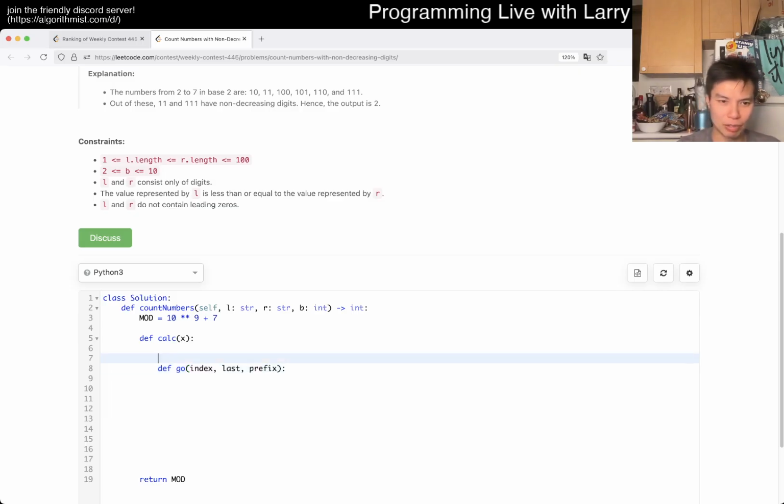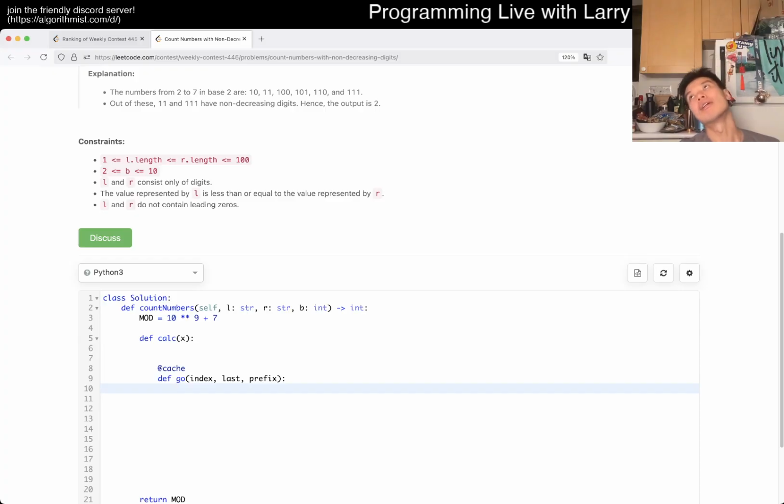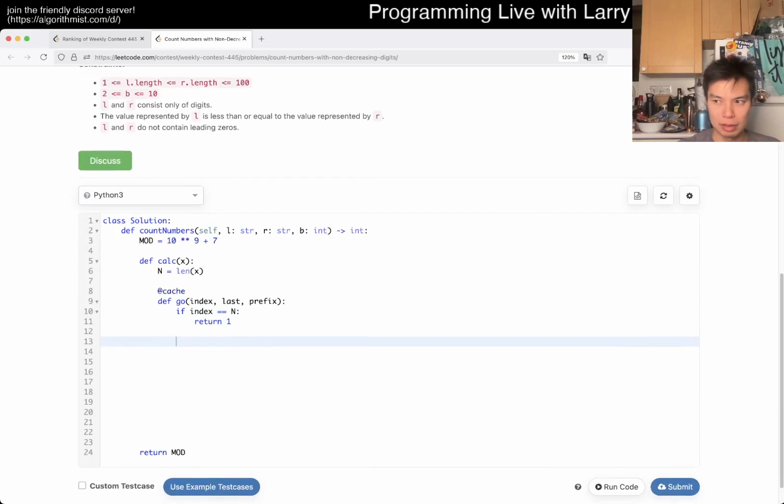I generally write these down very, I don't really. Is that it? I guess maybe, I don't know. We'll get to it if not. Let's say n is equal to, if index is equal to n, then we are probably good, so let's just return 1. Otherwise, if this is the prefix, right? So we go up to the